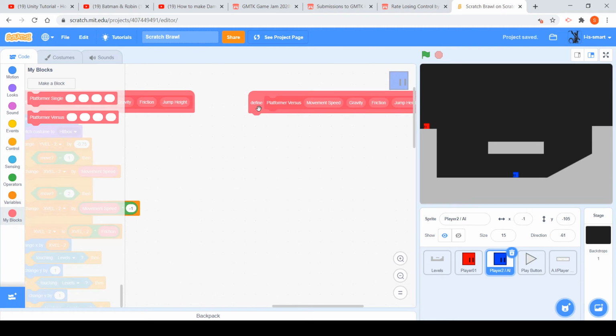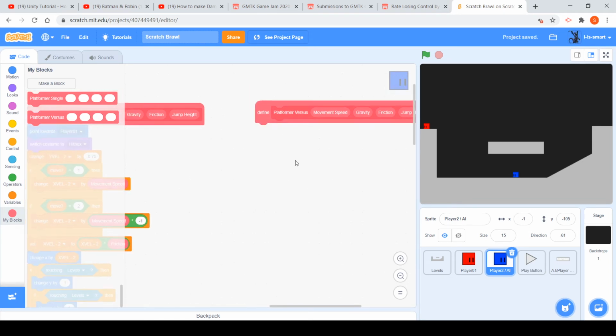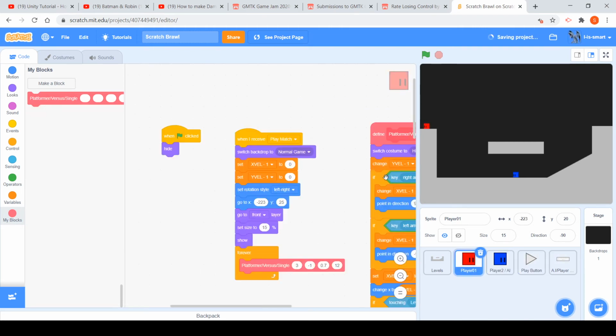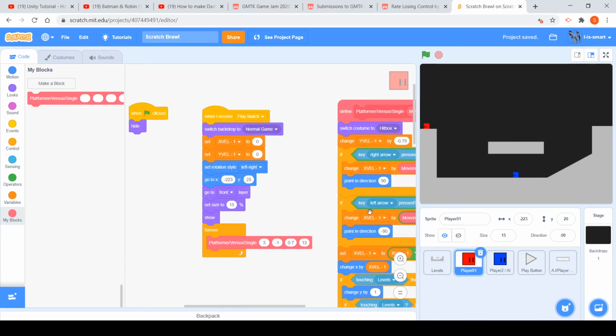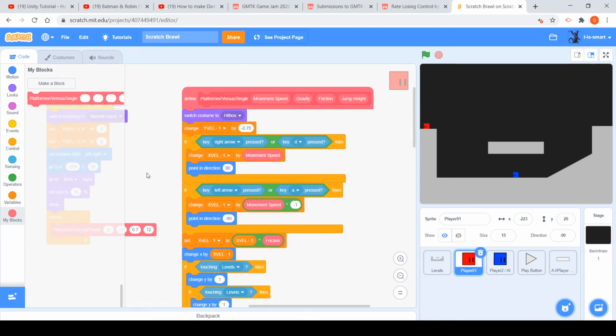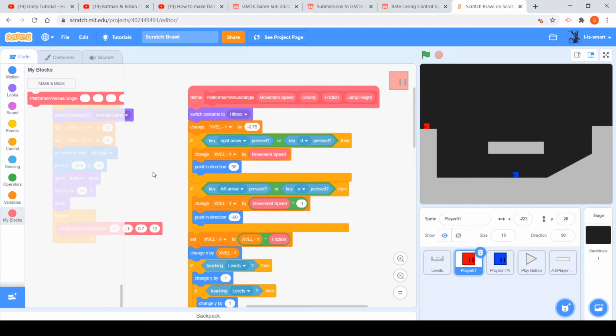But hold on. Before we can get to editing this block, we have to go to the player sprite, because we will control this boy, the red boy with WASD, and the blue boy with the arrow keys. Yeah. So then we just want to say, for the versus single,